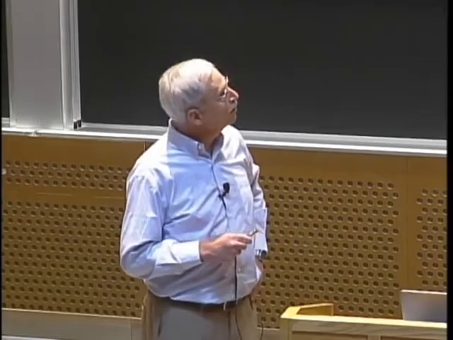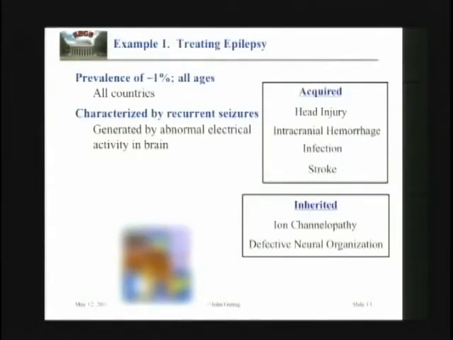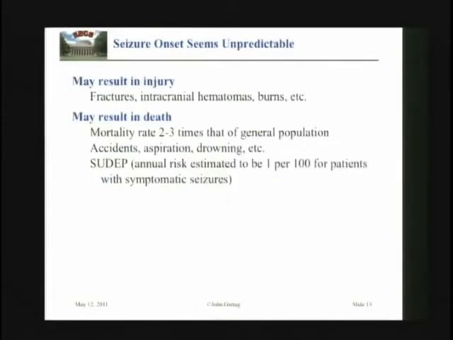What it's characterized by is recurrent seizures. A seizure is abnormal electrical activity that originates and persists in the brain. There are a number of causes; it can be acquired, it can be inherited. It manifests as different symptoms. Most of them do not look like what's portrayed on The Simpsons. Slightly more realistically, and maybe more horrifying.